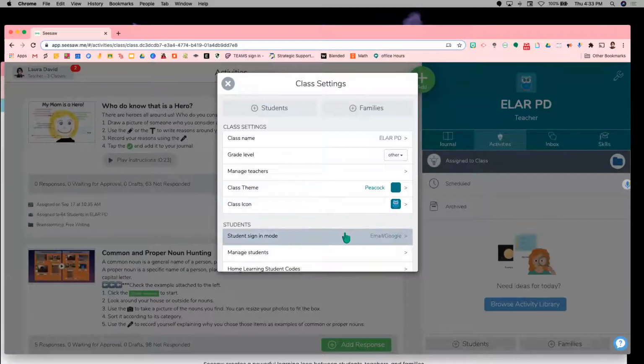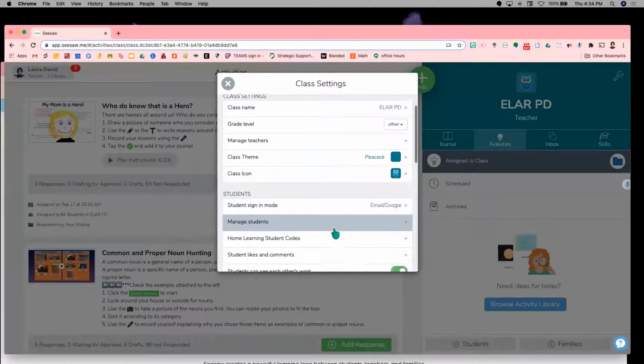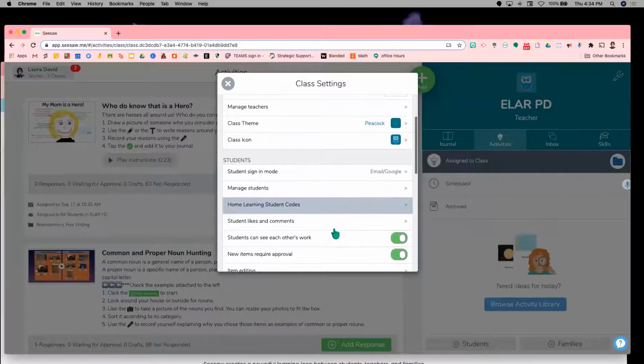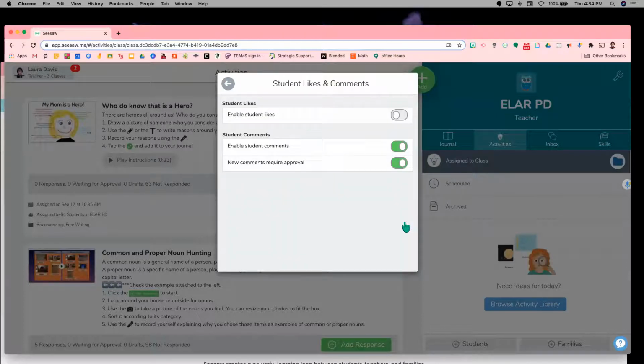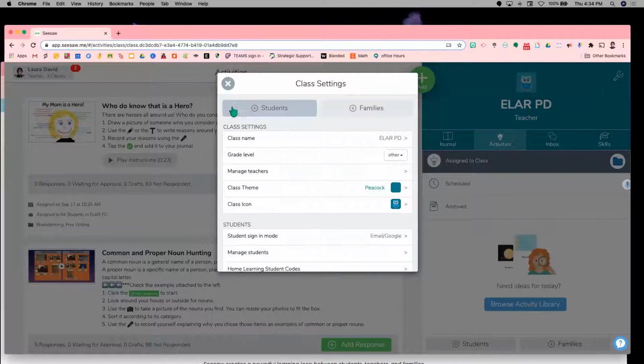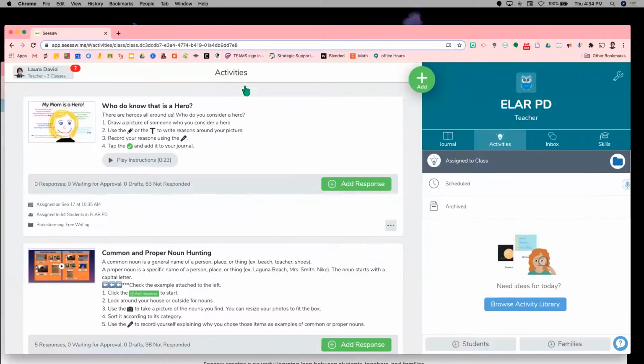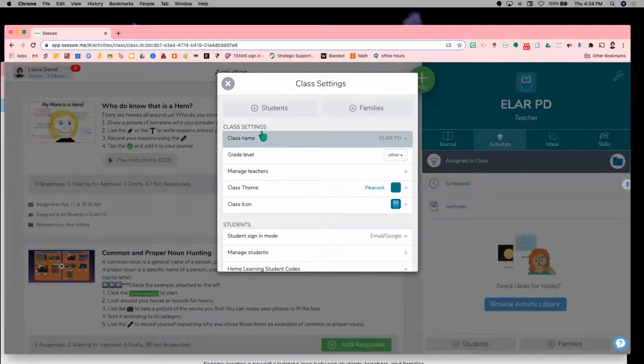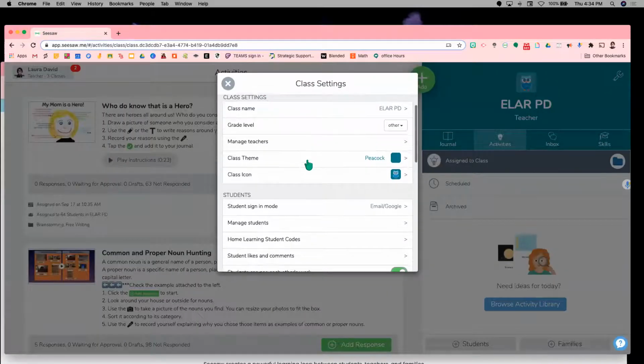So what I'm going to do right now is change the settings. I'm going to disable the comments. The way I did it is I went to the little wrench here on the right-hand side of my screen. I clicked on that little wrench, and here is where I have all my class settings.